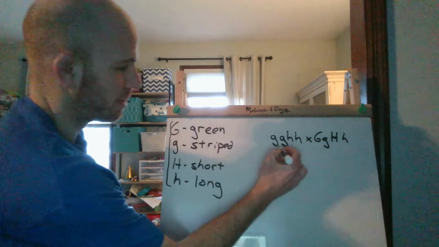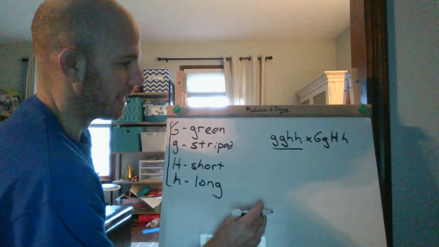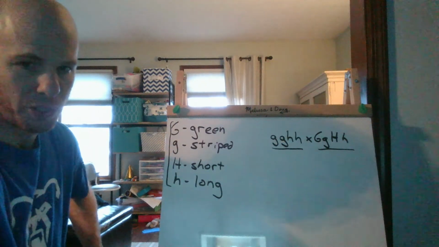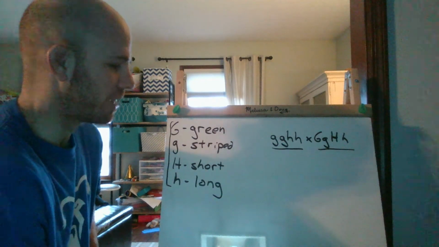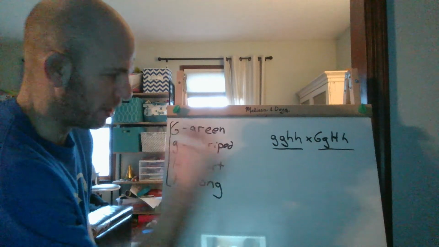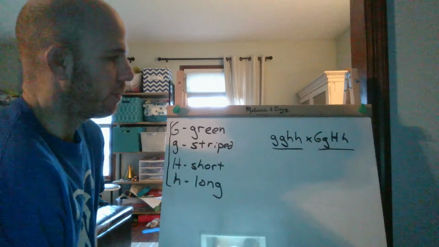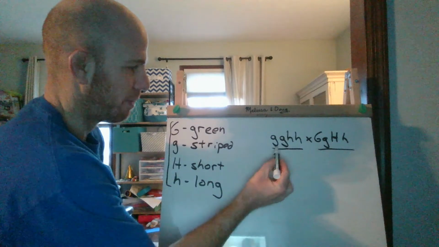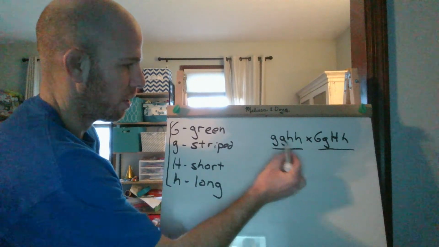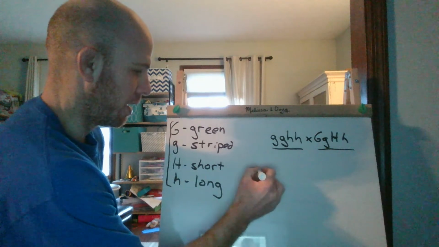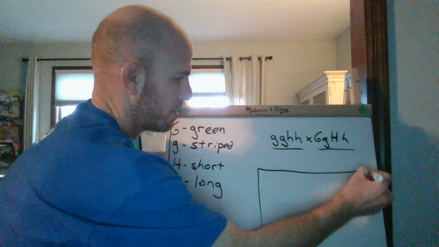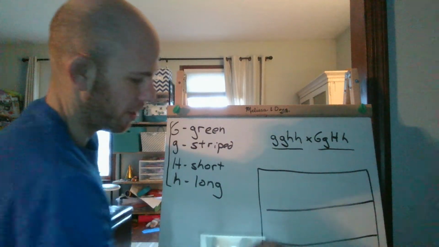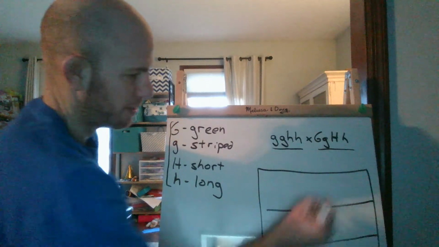Okay, so I have my plants up here. This is my long and striped plant or watermelon. This is going to be the heterozygous for both traits, big G, big H, little h. Okay, first thing I have to do is make my gametes. So what gametes will this one create over here? Well, remember, if we do our little FOIL method, carry these out, it's the first of each combination, outer, inner, last. So I could say, and I'll put these across the top. Remember, law of independent assortment tells me that these things will sort independently of each other, which basically means that,